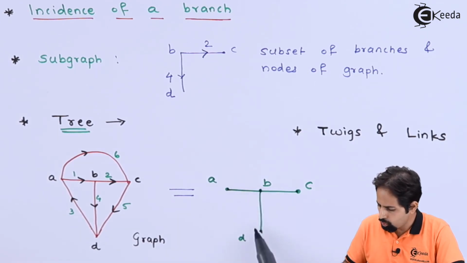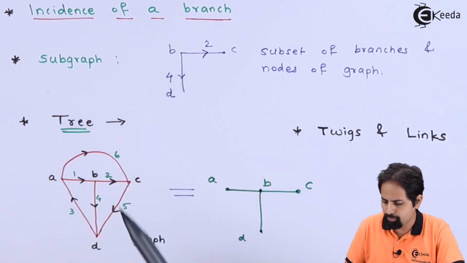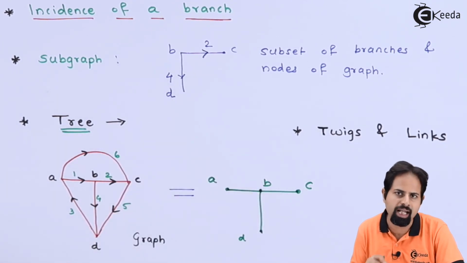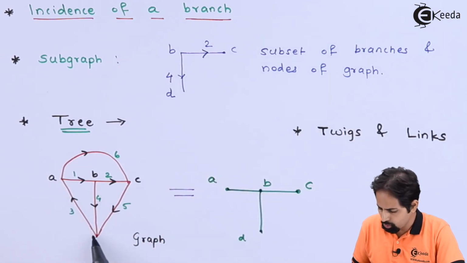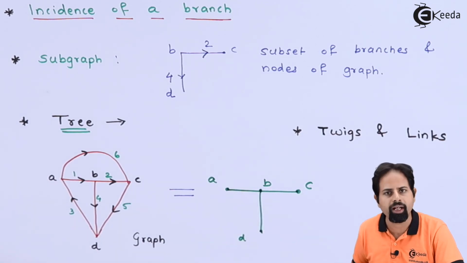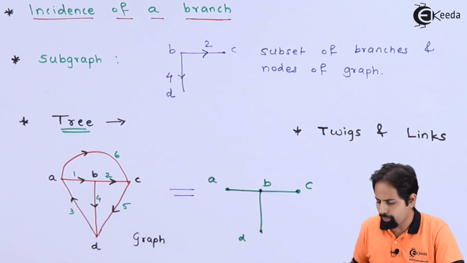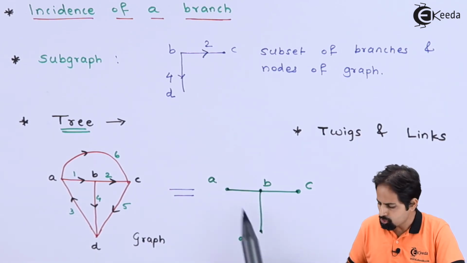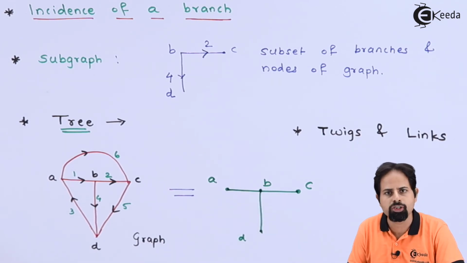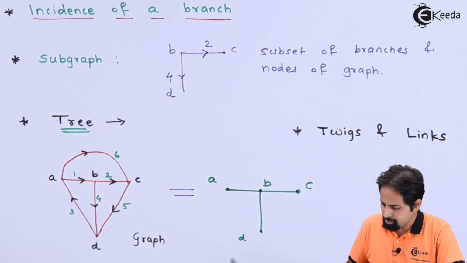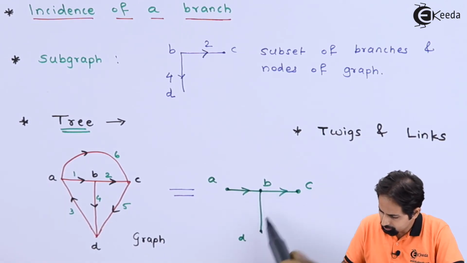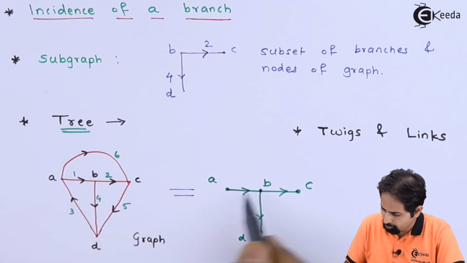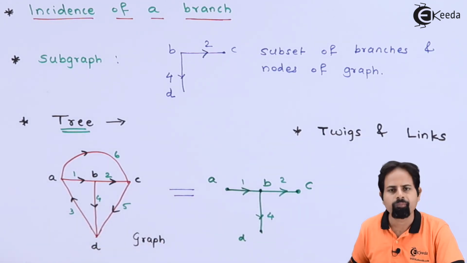So nodes are 4, so it is not a proper subgraph, because a proper subgraph is that graph where you have fewer nodes. Here all 4 nodes have been taken into account, but not all branches are reflected here. So a tree is something where all nodes are used, but all branches are not used. Again I can give names here, the same names will come. Directions also will not change. 1, 2 and 4.